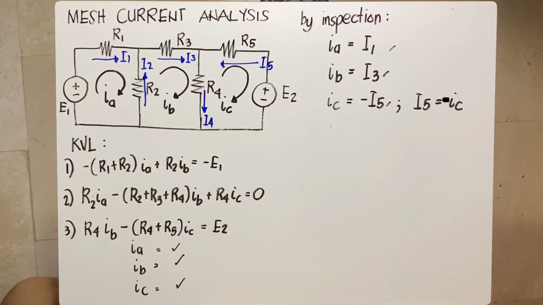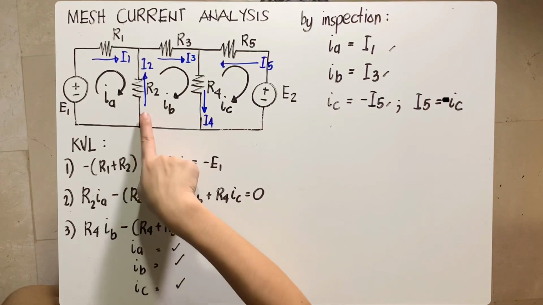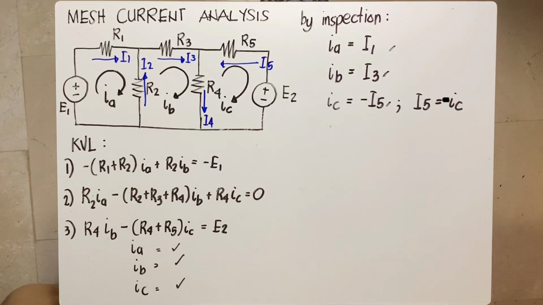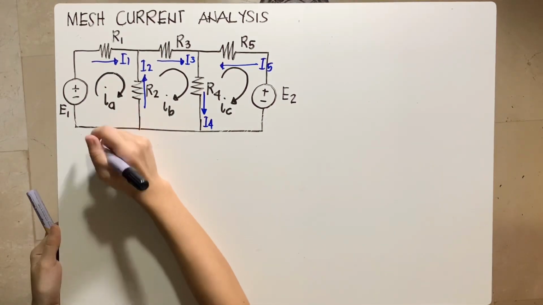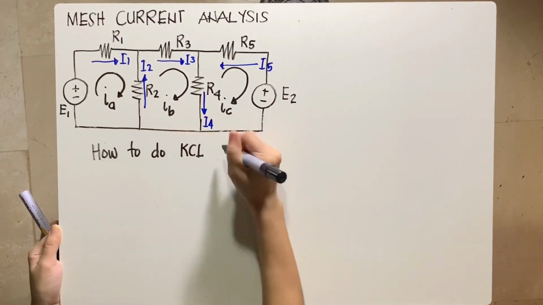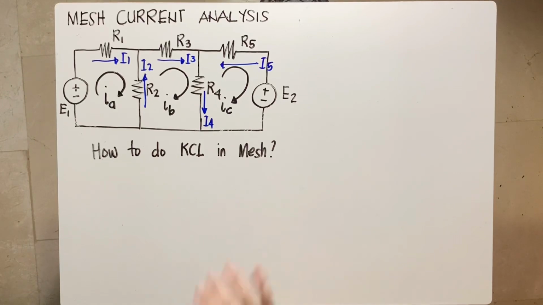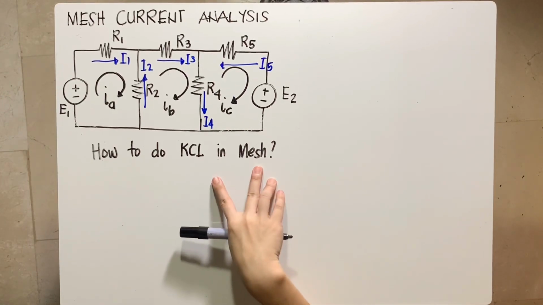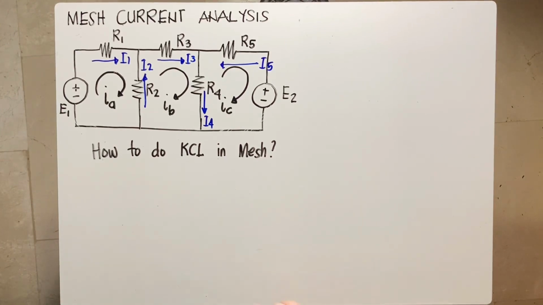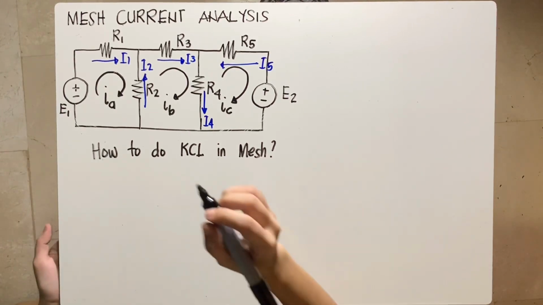So mas madali. Afterwards, pag okay na tayo dun, meron pa tayong tirang dalawang branches na kailangang isolve kasi nawawala pa si I2 and si I4. For that, we will use KCL naman. Now, how do we do KCL if we are under mesh analysis? So, ang gagawin natin ay ganito. Let's assume